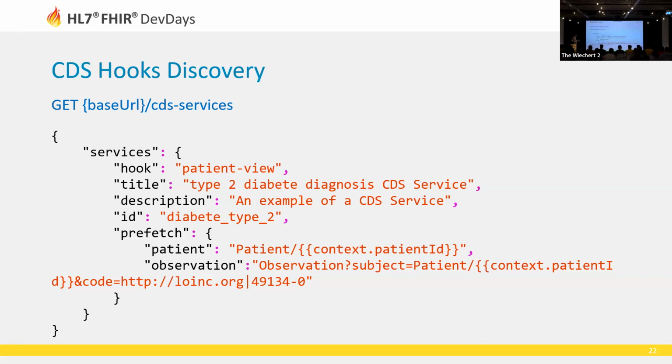Here you can see we put patient, so we will have access to the patient, and observation with subject being the patient and the code that we wanted earlier. Here, as you can see, there is only one observation. We established that there were several observations as well as a condition that we were looking for. So this means basically that the service then still has to perform searches on the server to get the final